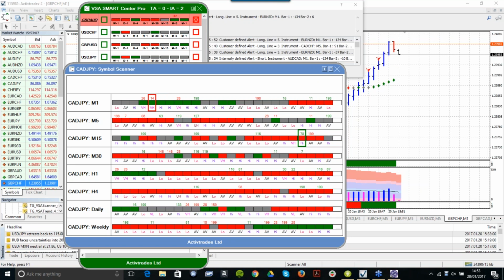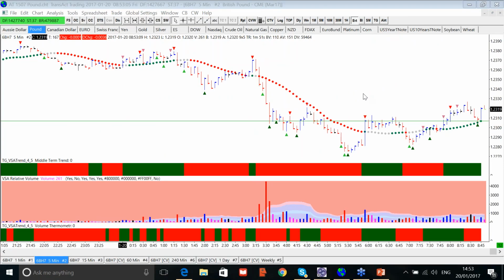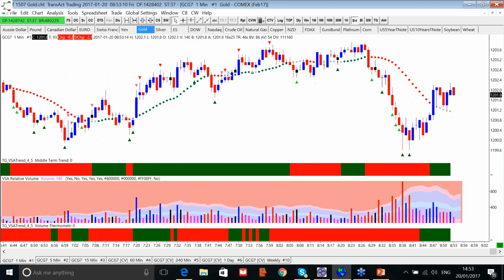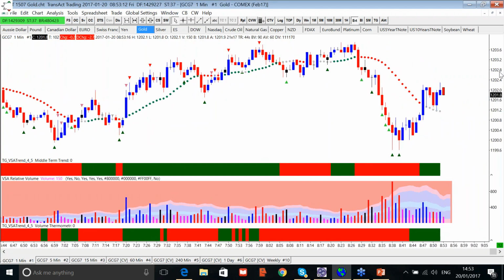Going back to gold quickly. Nothing on the pound just yet. Let's go back to gold. It's made a very nice move higher from that 1200, almost back up to where the entry was. So there's your down move, and it's retraced 50% on this 1 minute chart. It's had a downward move and a 50% retracement. If we see a sign of weakness on gold now, probably another short trade potentially,